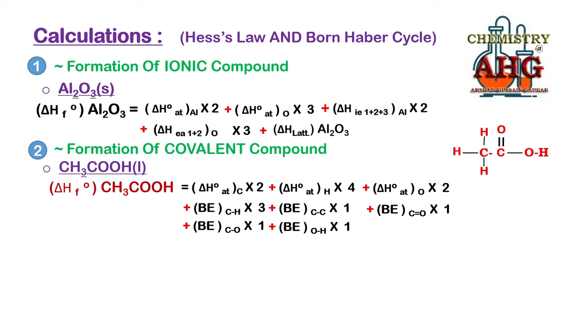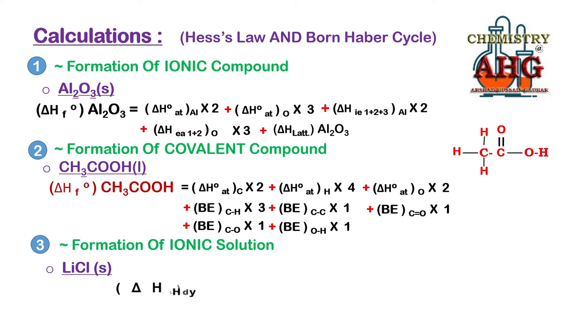The last question for which you can use a formula to do calculations for a Born-Haber cycle can be asked for the formation of an ionic solution. For the ionic solution, remember there can be 3 types of enthalpy changes involved: enthalpy change of solution, hydration enthalpy of positive and negative ion, and lattice enthalpy if the compound is ionic, and bond enthalpy if the compound is polar covalent. Two formulas I can tell you for the formation of an ionic solution.